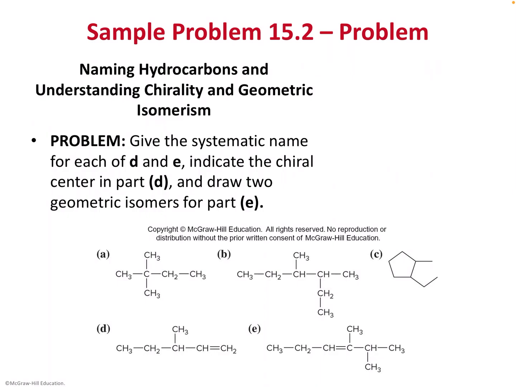Naming hydrocarbons and understanding chirality and geometric isomers. Remember, we did A, B, C already the previous time when we talked about the alkanes, so we don't have to redo it. It's the same molecules here. Let's look at D and E. Remember, when we name the alkene, we number it so that the alkene gets the lowest number. Okay, so with that in mind, let's